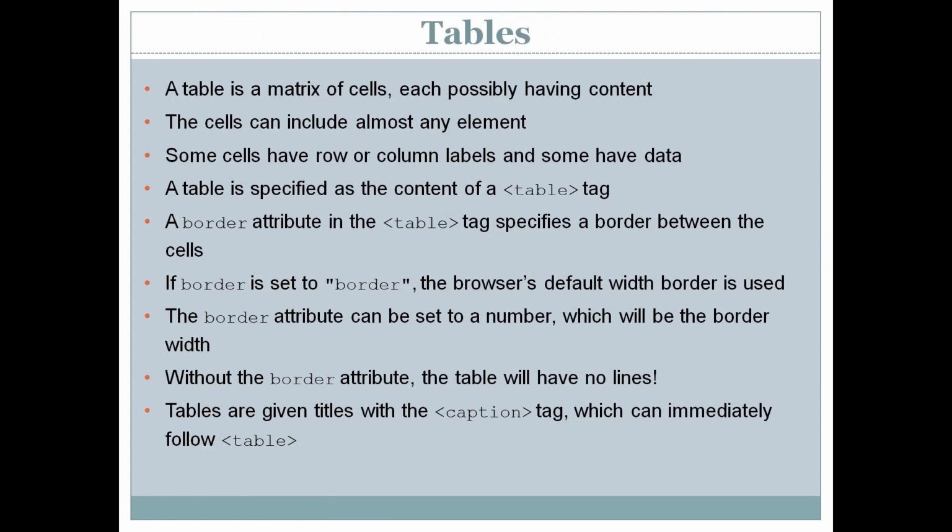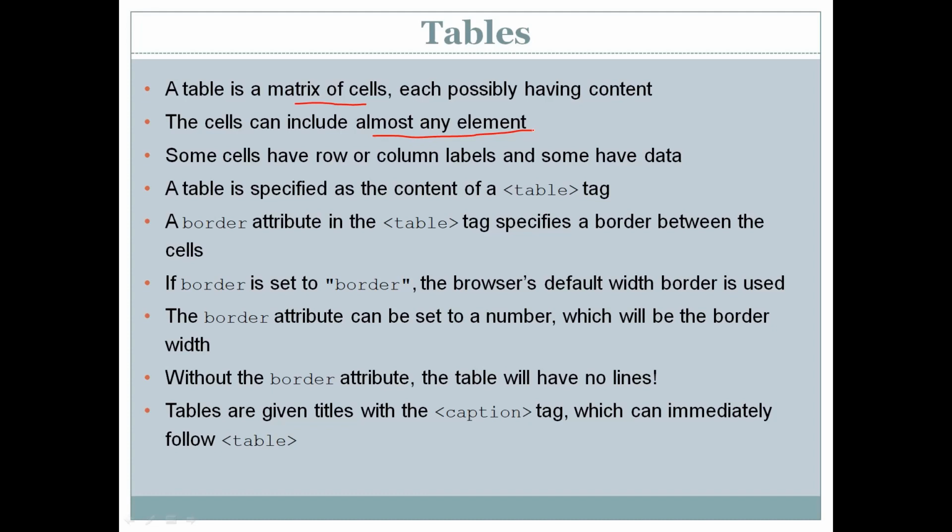A table is a matrix of cells, each possibly having content. The cells can include almost any element. A cell is the intersection of a row and a column. In that cell you can add any element, not specifically text.